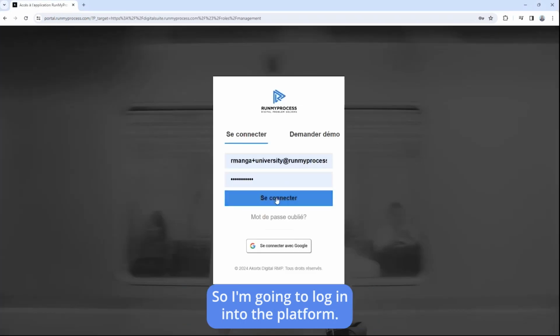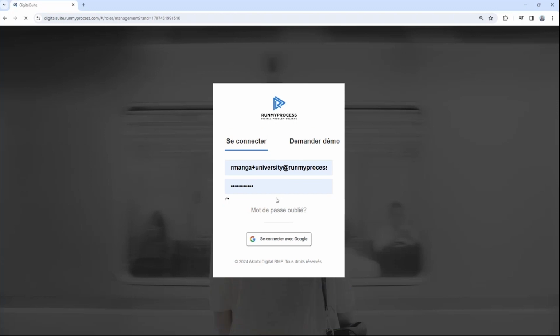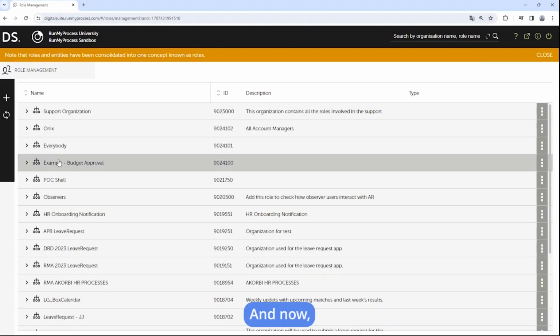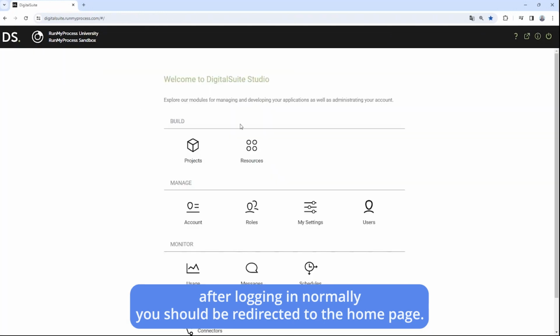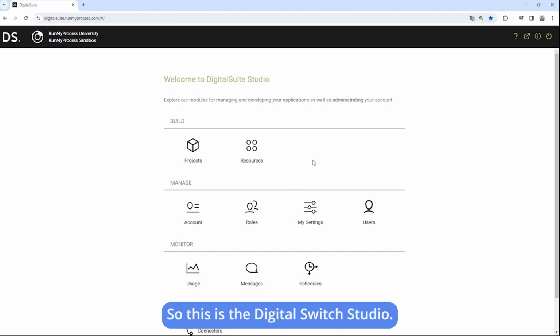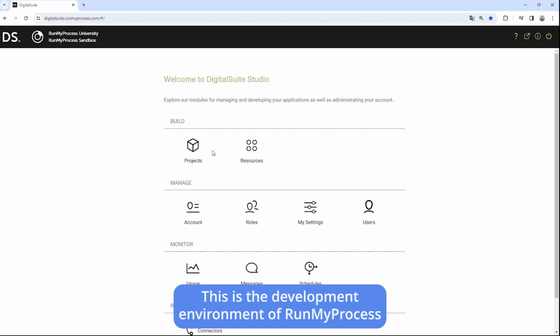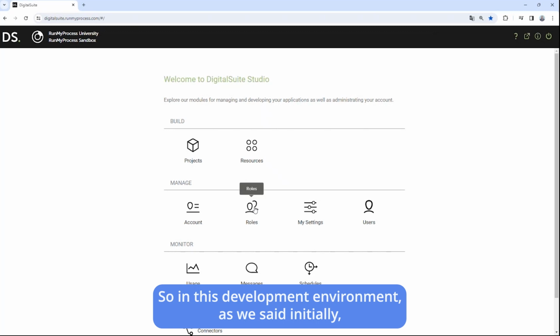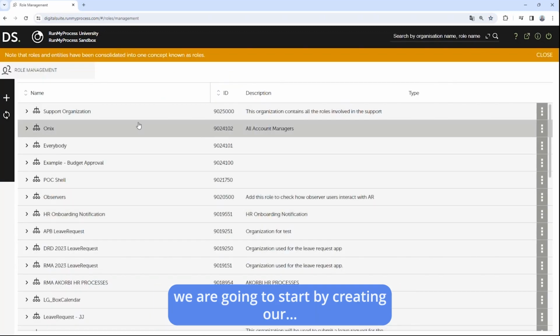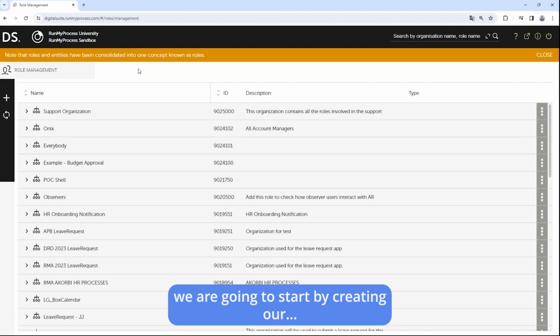So I'm going to log in to the platform. And now, after logging in, normally you should be redirected to the home page. This is the Digital Suite Studio. This is the development environment of RunMyProcess that is 100% cloud-based. In this development environment, as we said initially, we are going to start by creating our